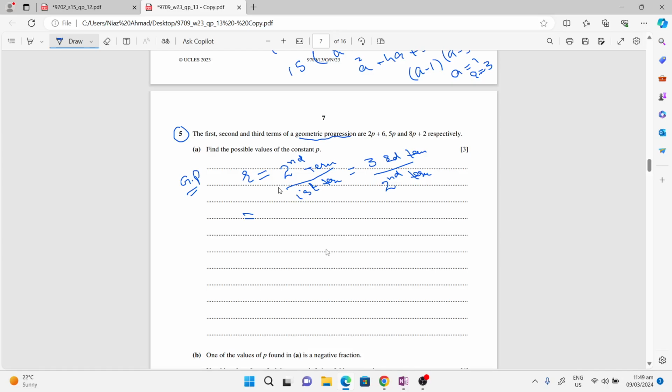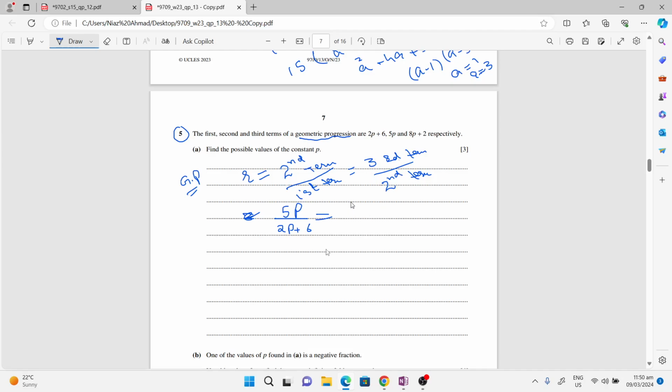So the second term is 5p, and the first term is 2p plus 6. So I'm writing 5p divided by 2p plus 6, and that's equal to, because the ratio of these two terms is equal to the ratio of the next two terms,